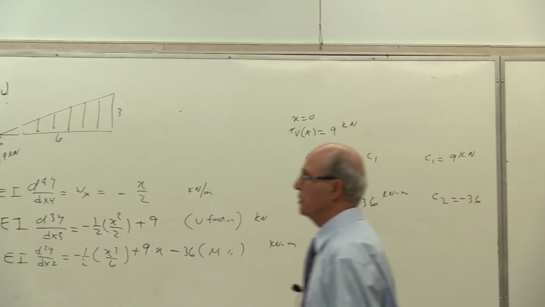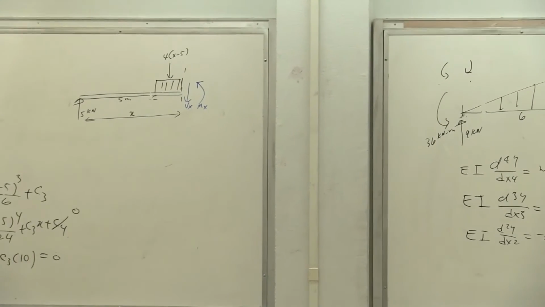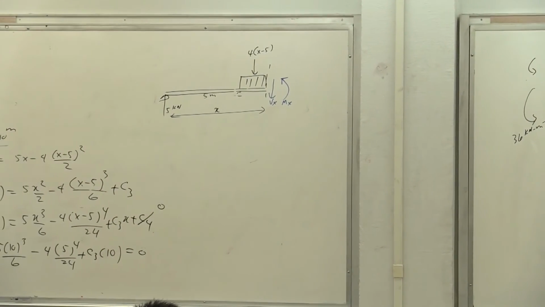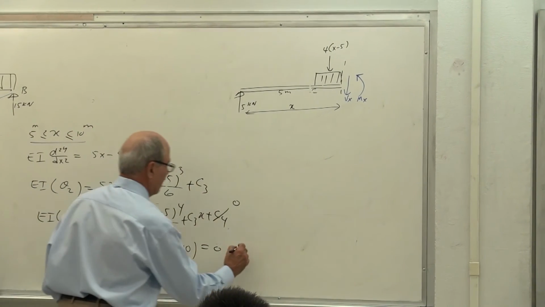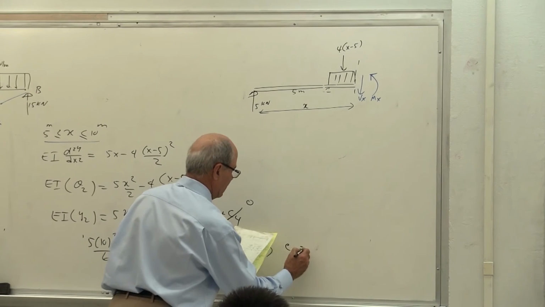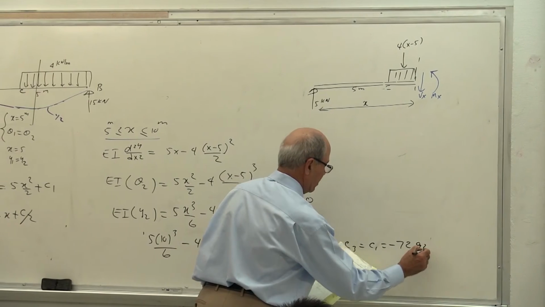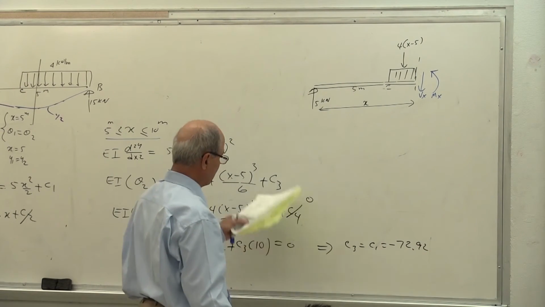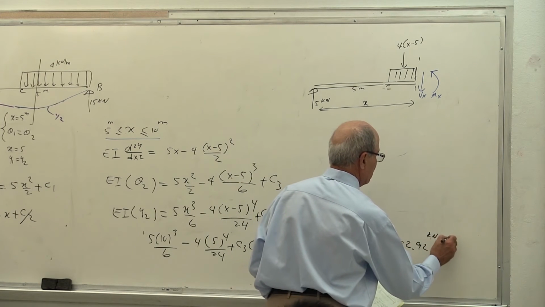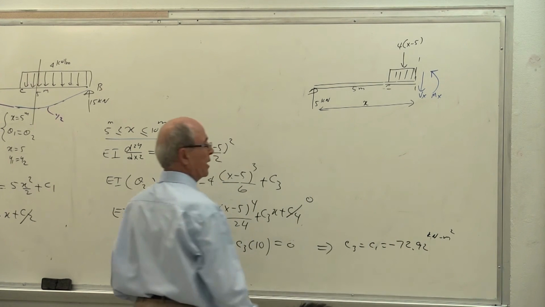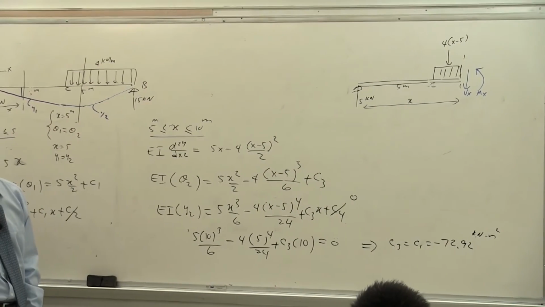So you solve for C3, and C3 becomes equal to, if I find it, okay, it is here. The answer for this one, you have to simplify that. C3 becomes equal to C1 equal to minus 72.92. Of course, they have different units, but actually they have the same unit, kilonewton meter squared, because they are here in Tate. Okay? And the problem is solved. Is that correct or not?